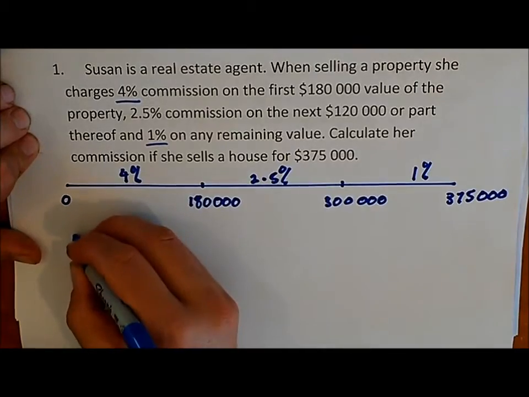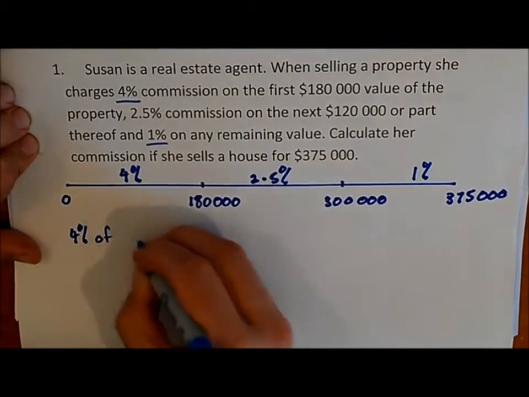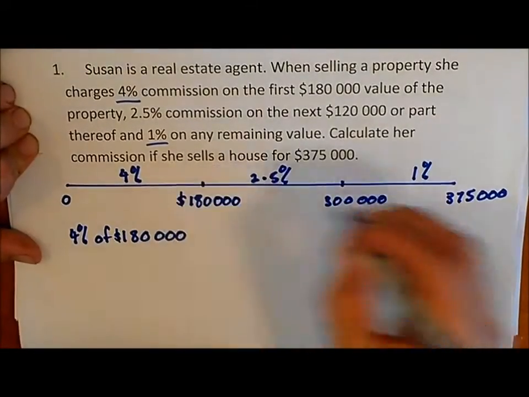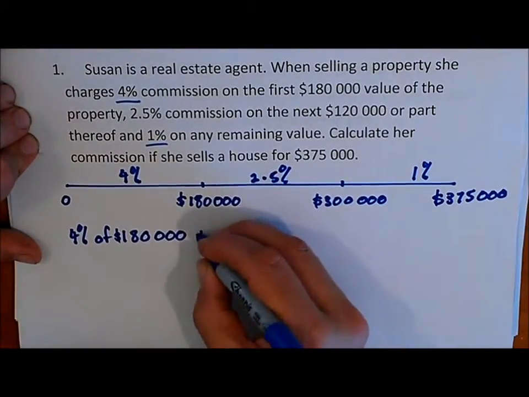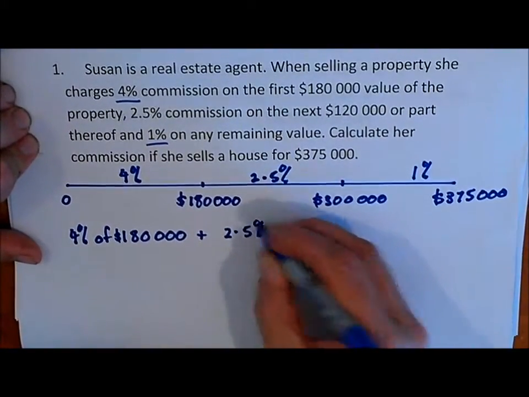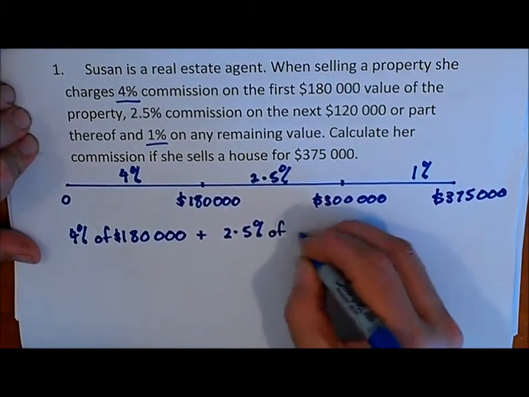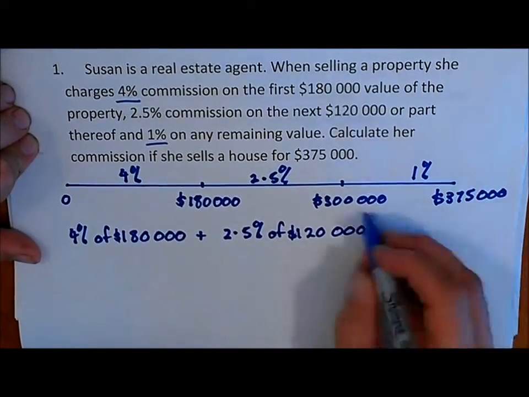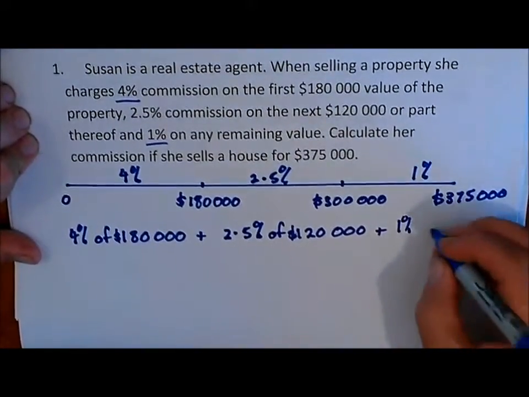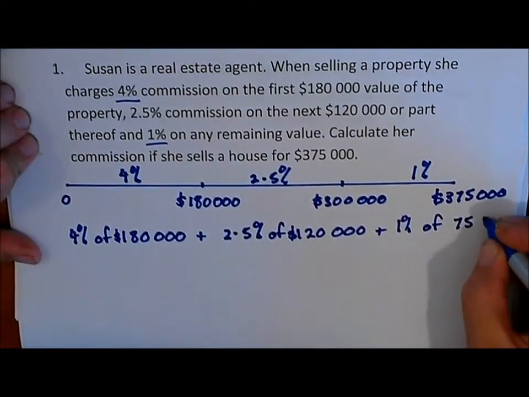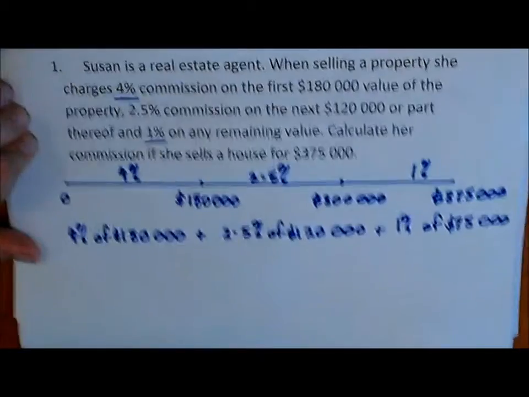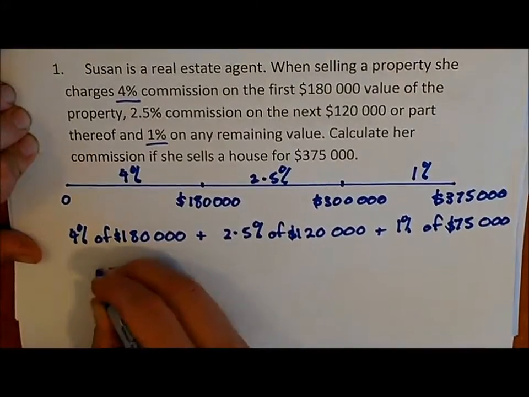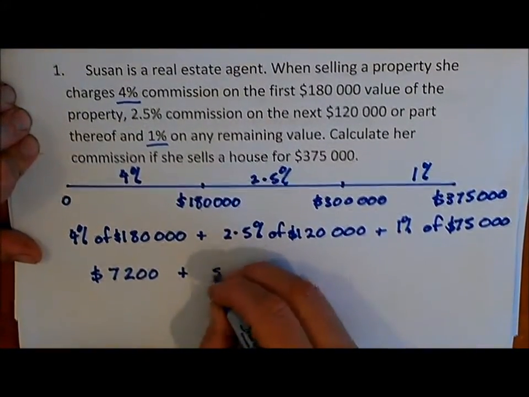So from this amount here, we can see that we get 4% of 180,000, plus 2.5% of the next 120,000, plus 1% of the remaining, which is 75,000, so 1% of the $75,000. We do all the calculations here. We find that this one here is $7,200 plus $3,000